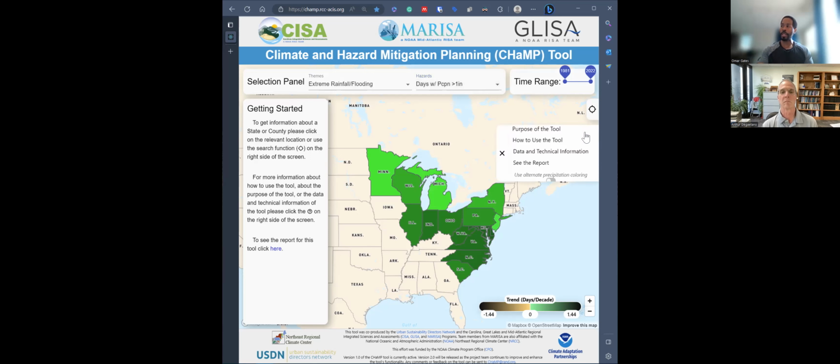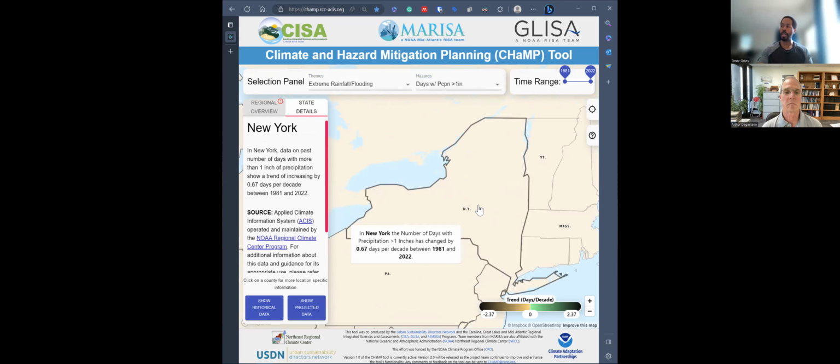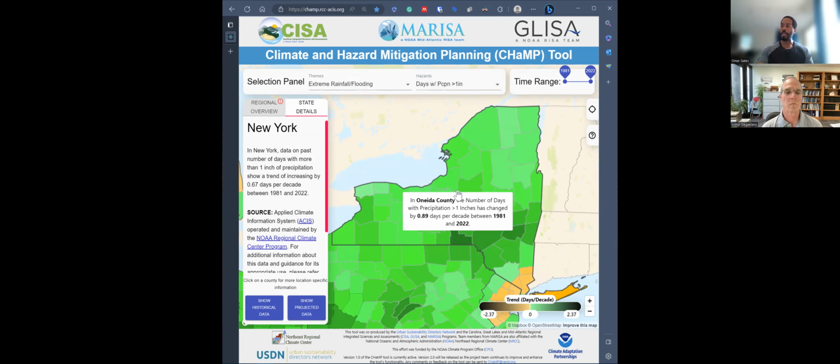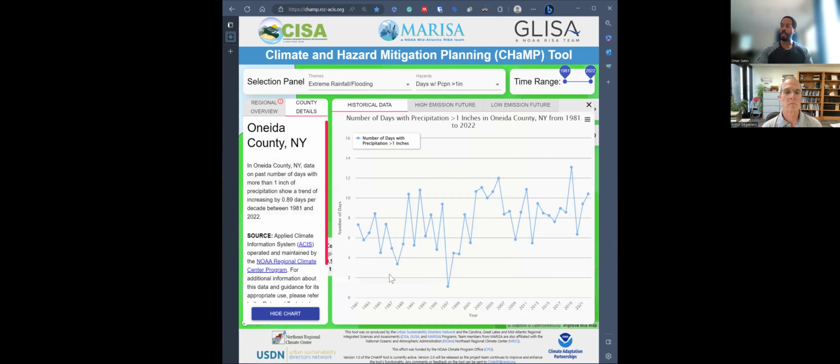For additional information, users are able to click on the question mark panel in order to learn more about the tool. And from this, users are not only able to look at information at the state level, but if we click on a certain state, we're able to see information at the county level. Users are able to hover and see balloons with specific information related to the theme they've chosen. And once they click on a specific county, they're able to see the historical data,